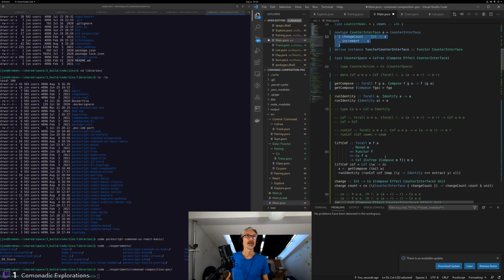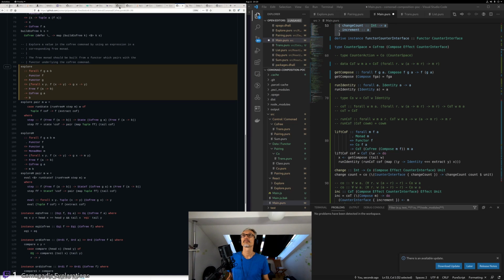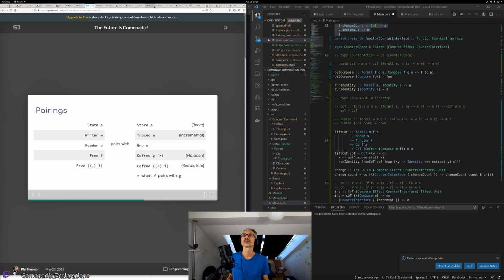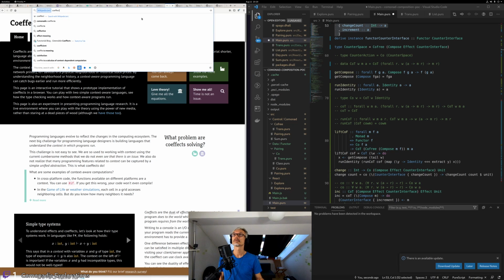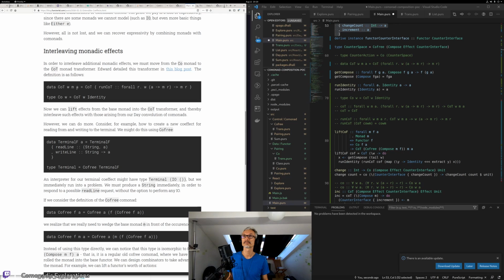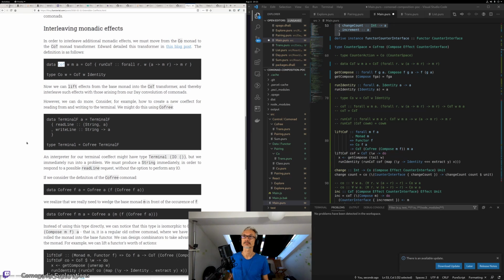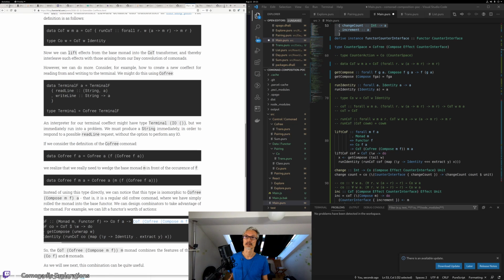So it's kind of an interface. And then one of the ways that Phil Freeman's coeffect blog post proposed, this one, that's kind of all the way there, proposes to interleave monadic effect by using this CoT, which I need to rewrap my head around, because I need to understand better what is the interplay between the CoT and this CoFree, basically this CoFree compose M F A. Because then here there's a proposition that we do CoT of CoFree compose M F M A,